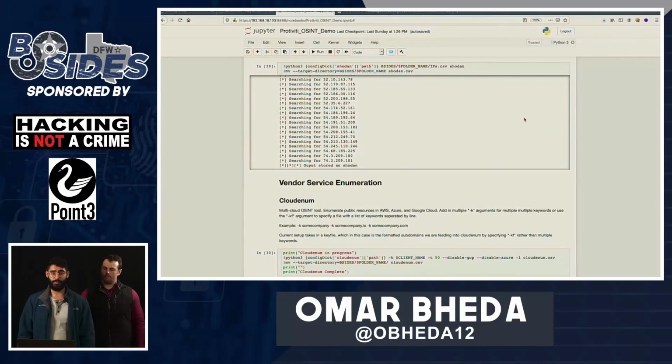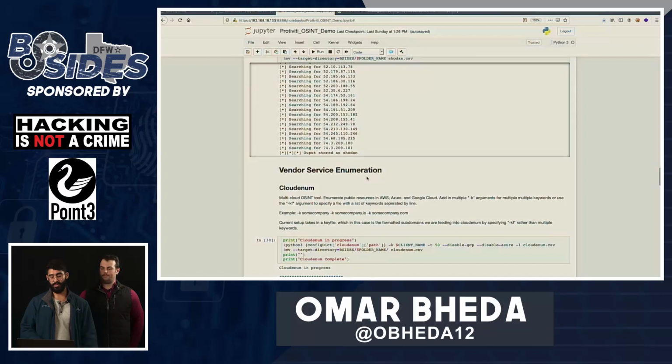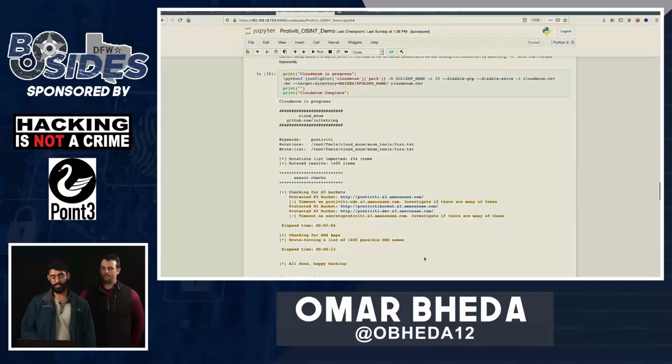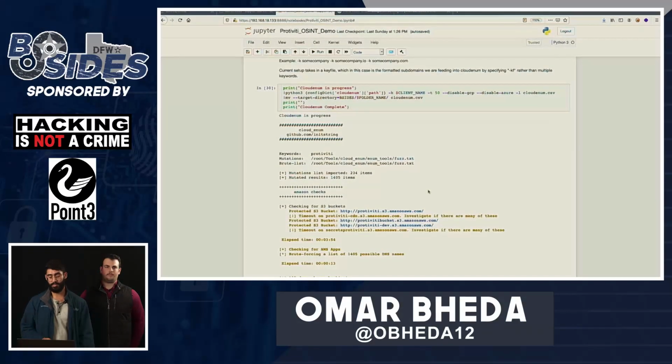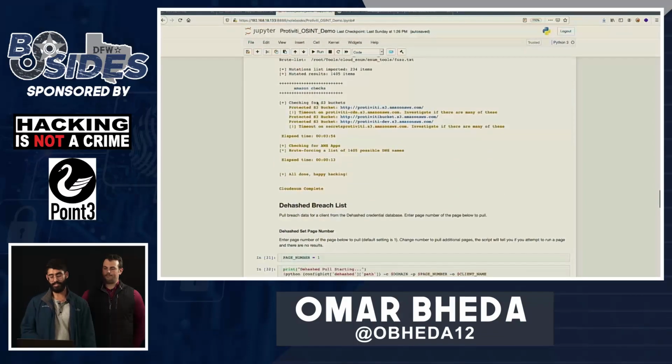So picking back up from where we left off, we were leaving off at Shodan. We can see that the script for Shodan and scraping is running to query all these IPs that we got from our reverse DNS. And it's already finished. It gives us some output saying that it's stored as Shodan. That's the name of the output file. Some vendor service enumeration was conducted using a tool called CloudEnum. And it's given us these